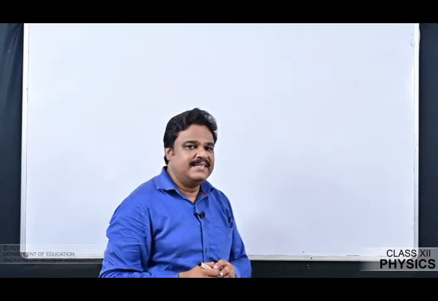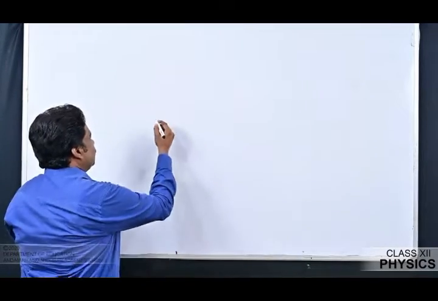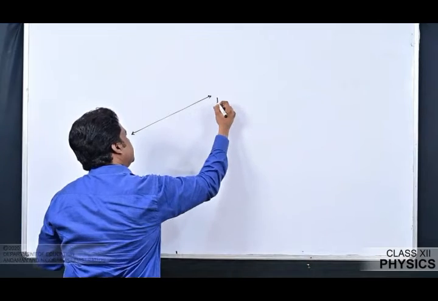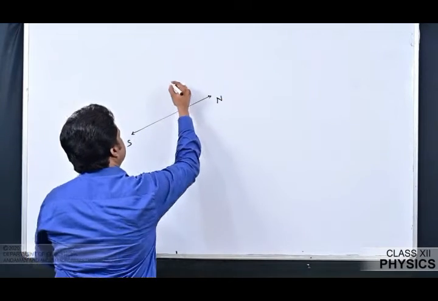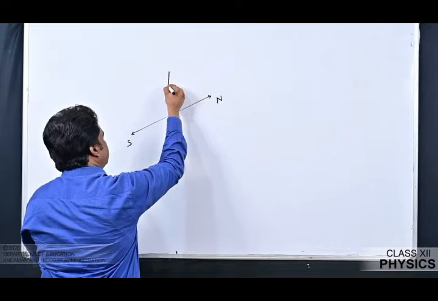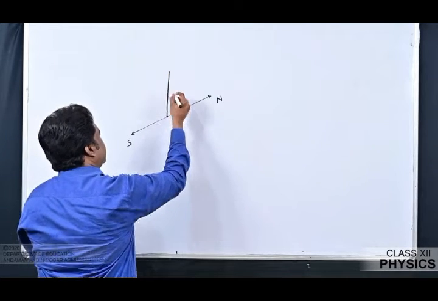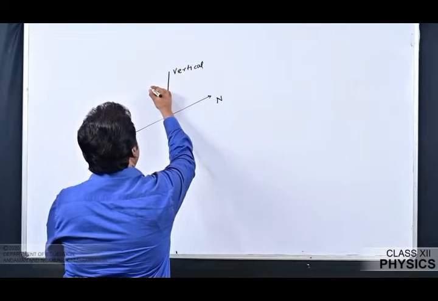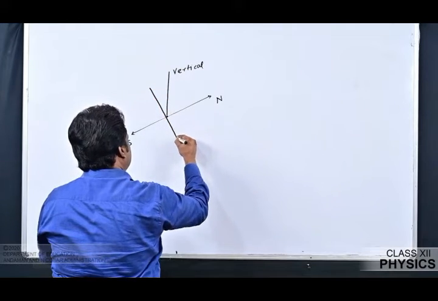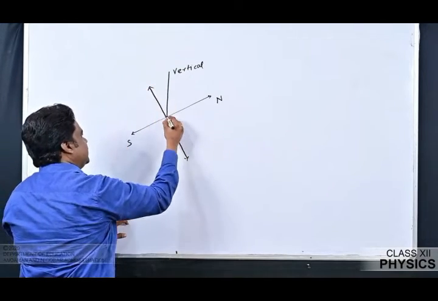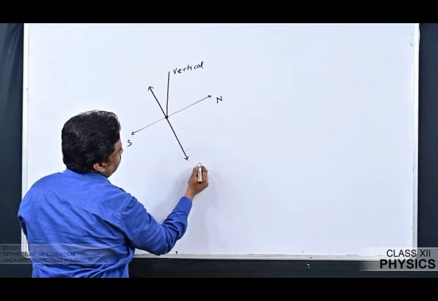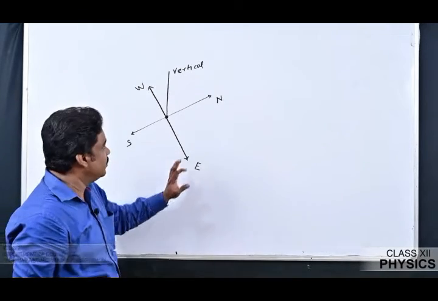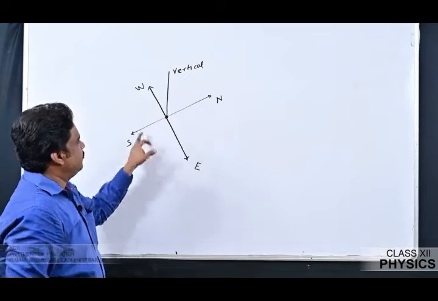So let us have a diagrammatic view of this question. What about the direction sense? Say I'm going to assume this is north-south, the vertical line I'm drawing. Obviously this will be east-west, east and this is west. The reference is a three-dimensional look. We should assume this is vertical and these are the four directions.